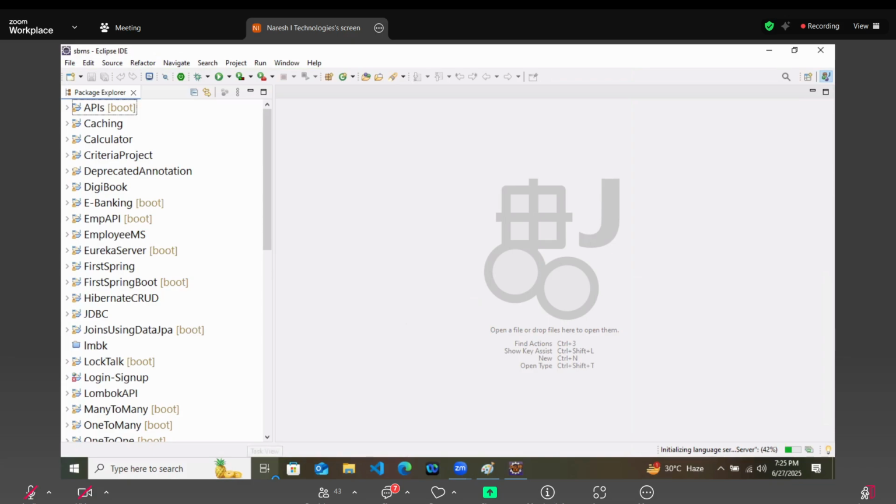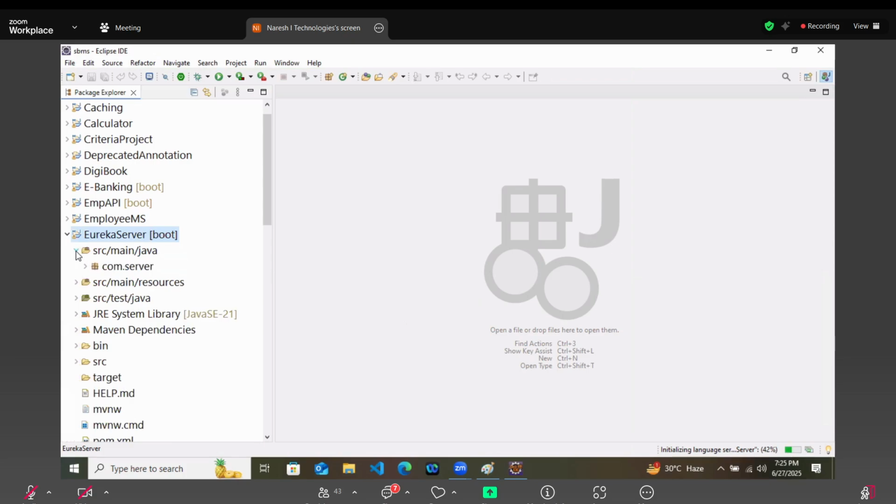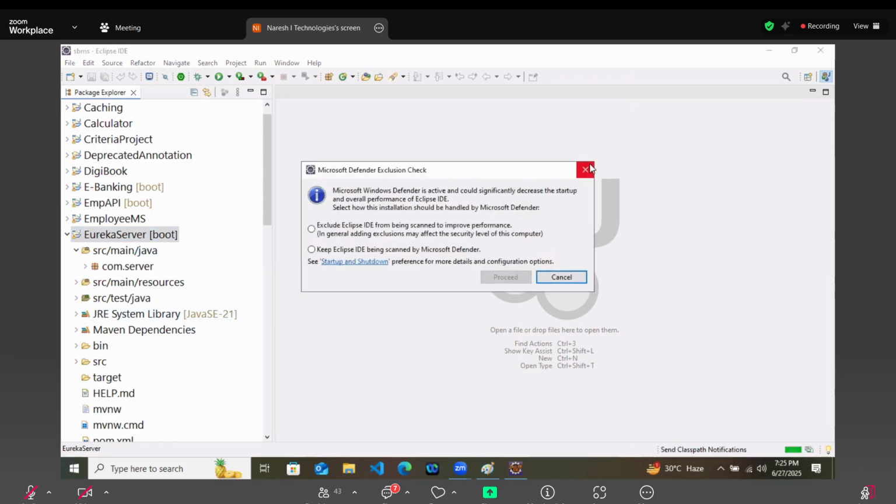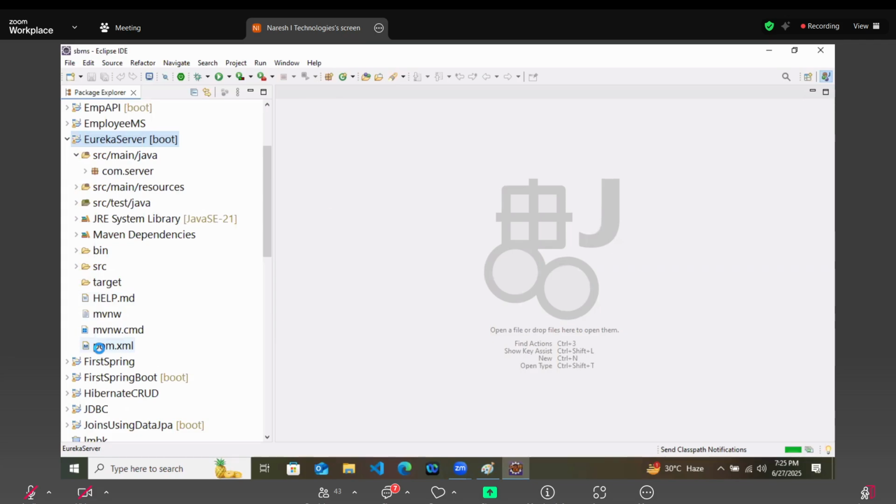So the first project that we built yesterday was a Eureka server. Now this will not have any controller or entity. It is a simple project in which we have added the configuration by adding the dependency of Netflix Eureka server.